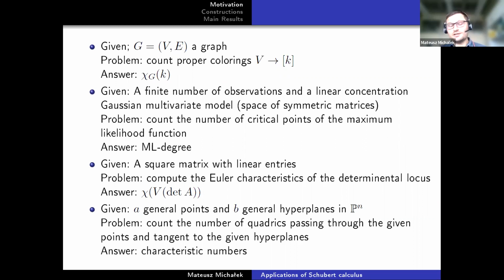By the way, I should have started with that. If there are any questions at any point, please do not hesitate to ask them, and I will try to clarify. Okay, so when we are given a graph and the number k, the number of such proper colorings is some integer. It could be 0, it could be 5, 7, etc.